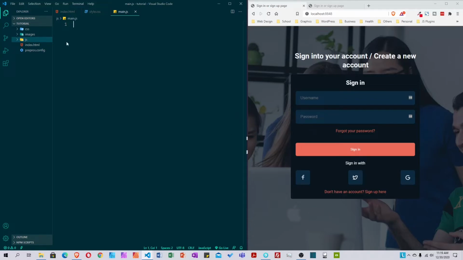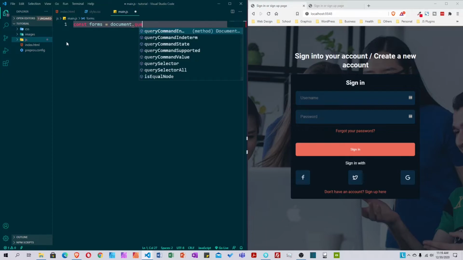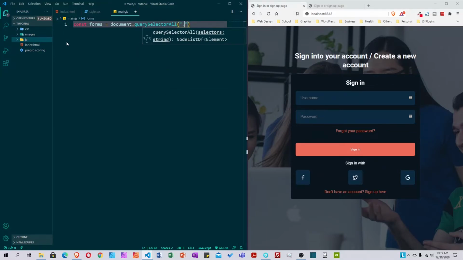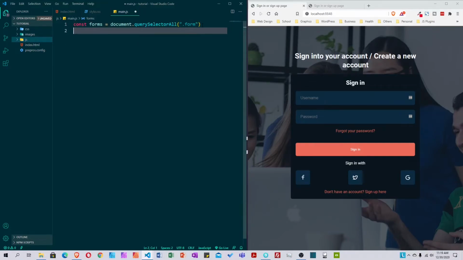So I say const forms with document.querySelectorAll to my form. I console.log forms, save it,